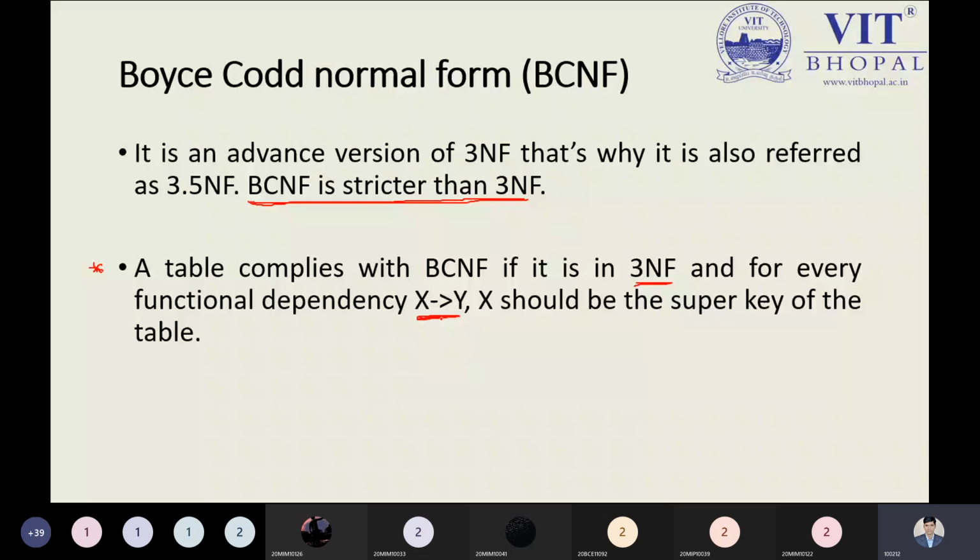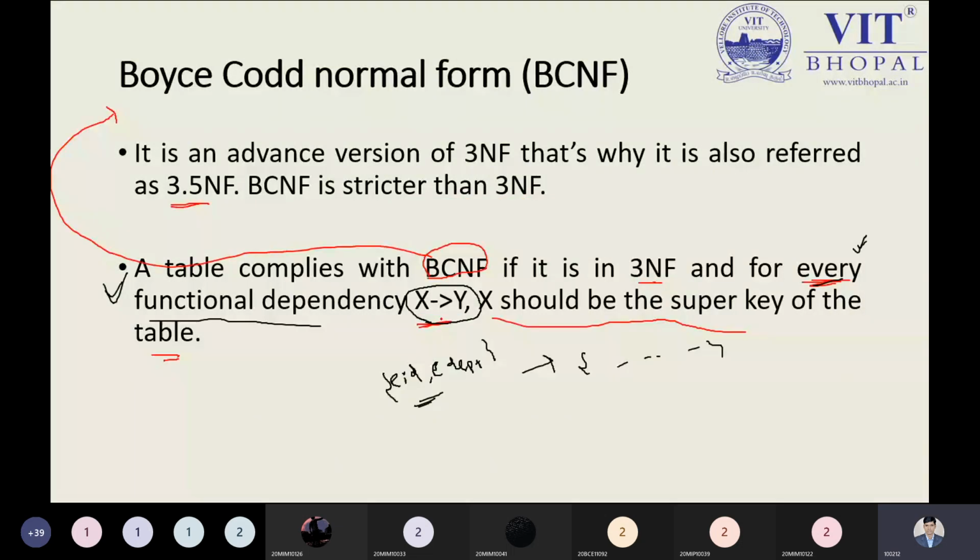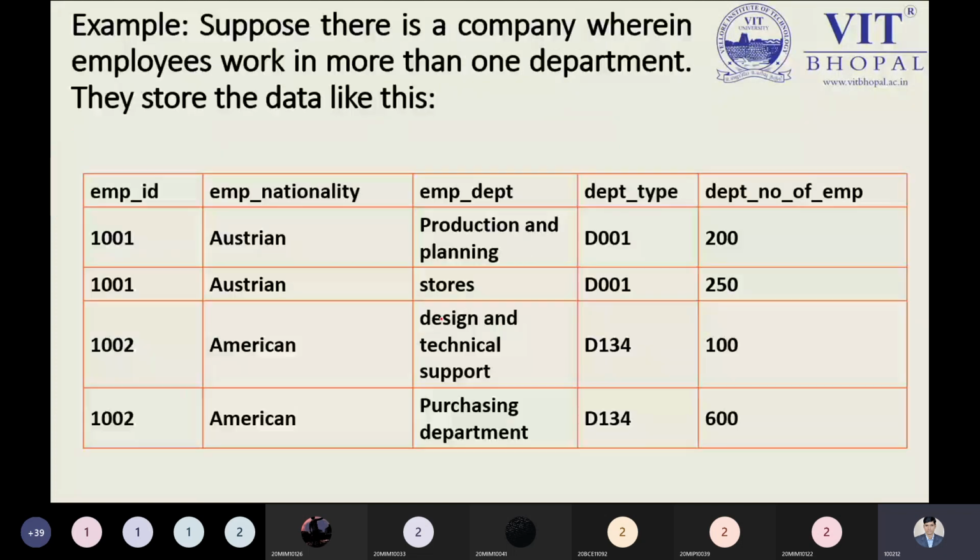So what I have planned, I have given an exercise over here and we have a simple example by which we will be able to understand what is meant by the BCNF. Without wasting much time, I would like to share this numerical, this example. From this example, you will easily understand what is happening. So let me explain this example right now.